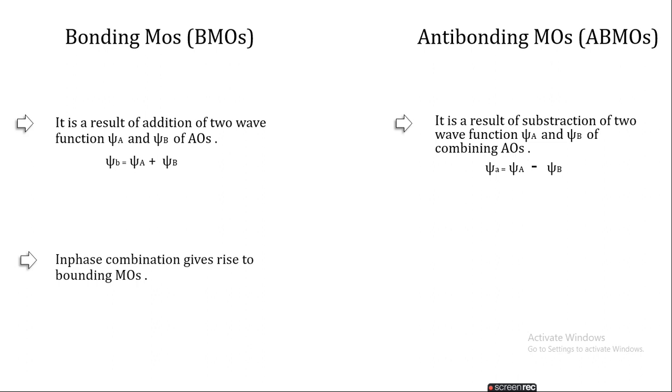Second point is that bonding molecular orbital is formed by in phase combination, and in antibonding molecular orbital out of phase combination is present, that is, out of phase combination gives antibonding molecular orbital. Okay, next third point is